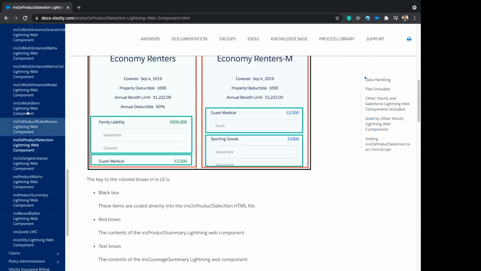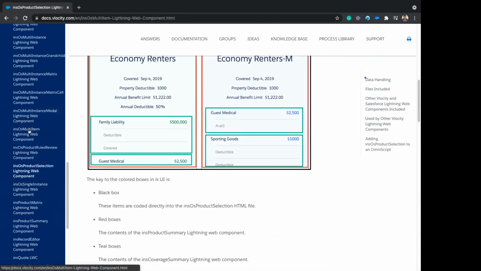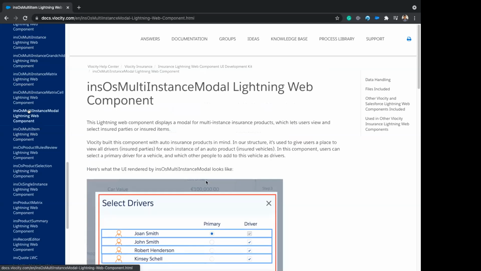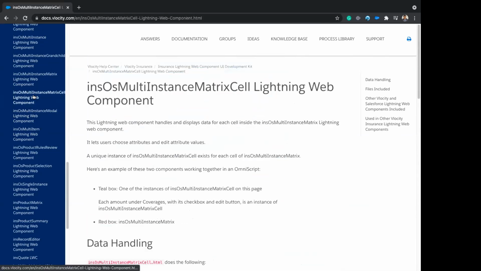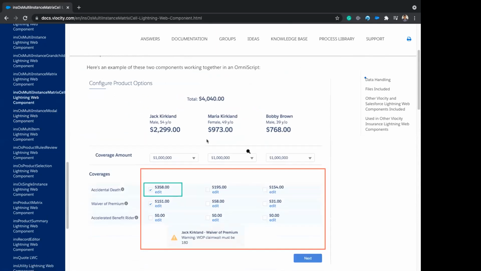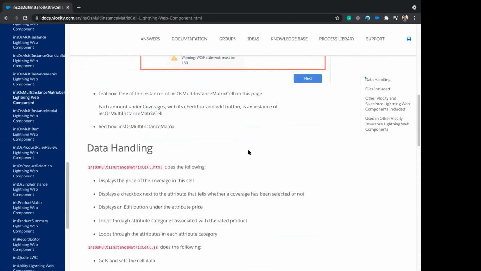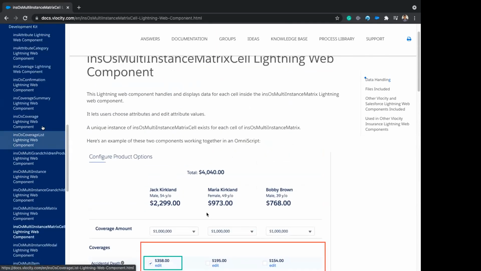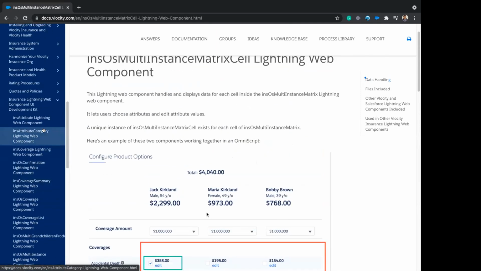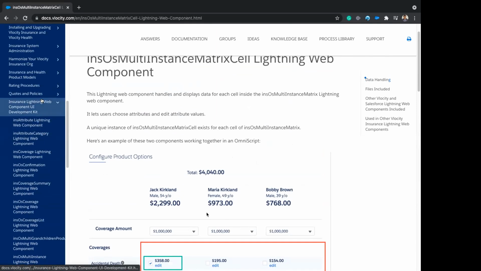We just saw this, right? Multi-items, we just saw this. Okay, instance, multi-instance mode. Okay, here is the matrix. So Velocity has provided a lot of templates like this. These are all templates that we can use. And we'll also have the